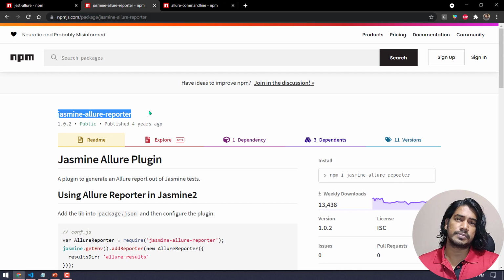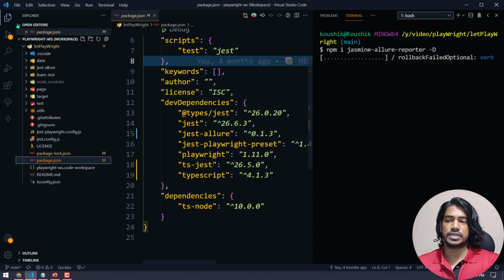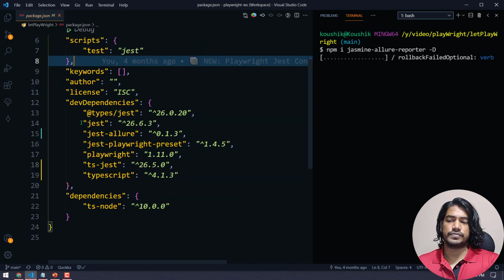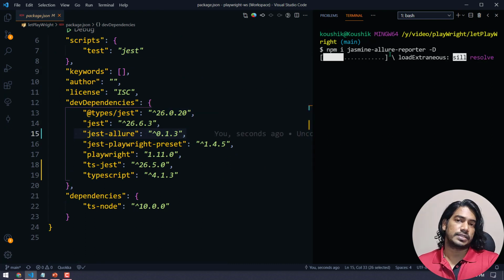It is just a one-time initialization, a setup, so we don't have to worry too much. Here I'm going to install and give -D so that it will get stored in my dev dependency. So if I go to my package.json, till yesterday we had a few things. Today we added Jest Allure, and now we are going to add Jasmine Allure.